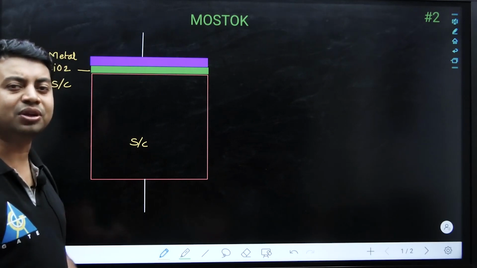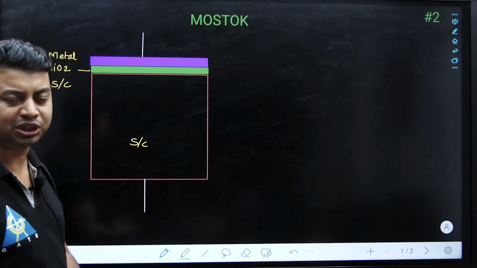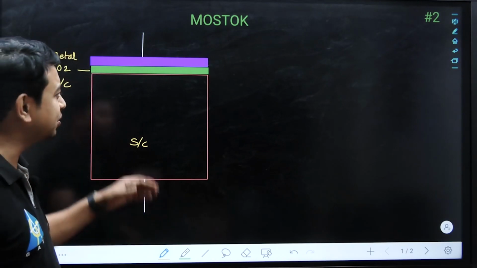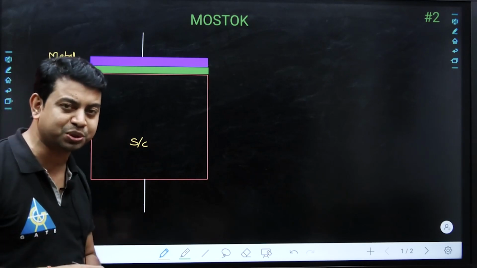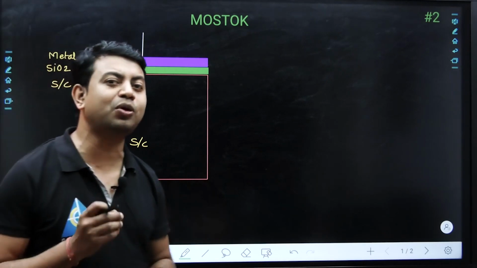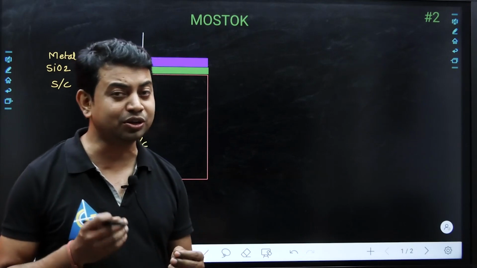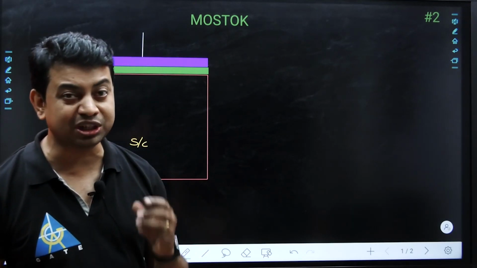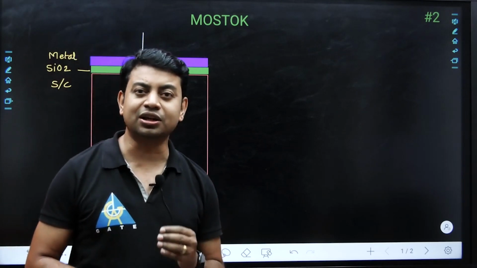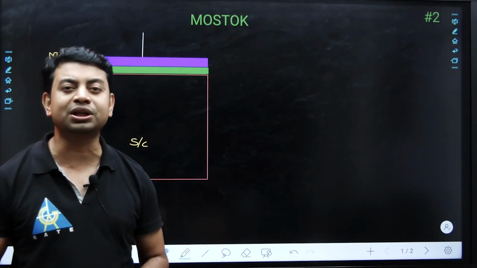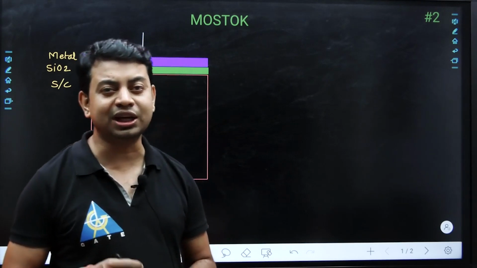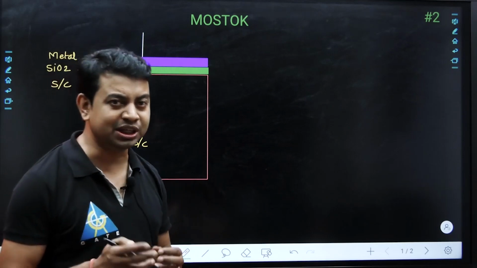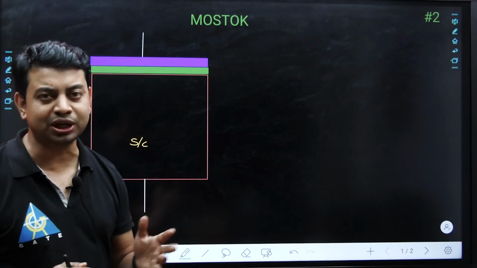But in GATE we have removed the fabrication process totally in the new syllabus. That's why we are not going to concern ourselves with the fabrication process of this MOSFET, but we are more concerned about the structure and the operation of the MOSFET. If you know these two things, that is, what is the structure of the MOSFET and how the MOSFET is actually operating, then definitely you can excel at this MOSFET totally. So I will tell you these two things in today's lecture with two more MSQ.